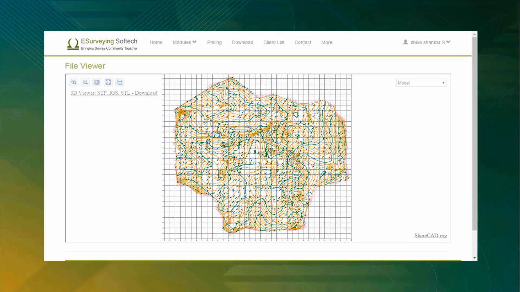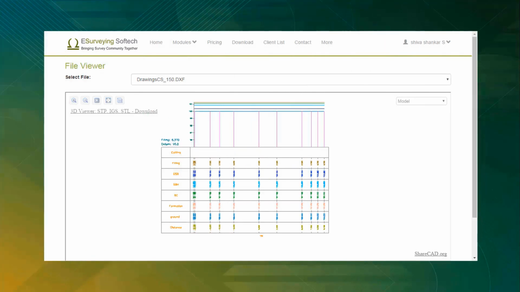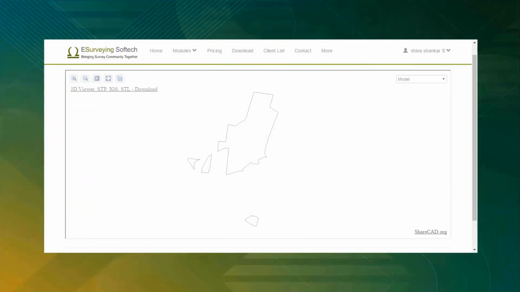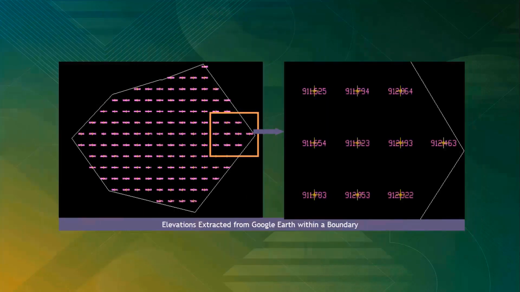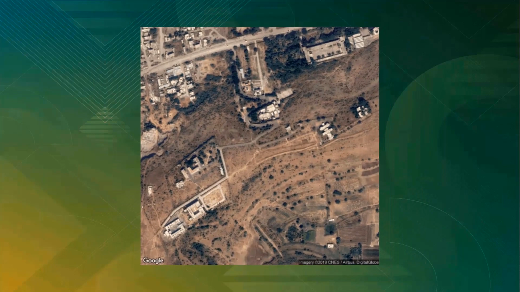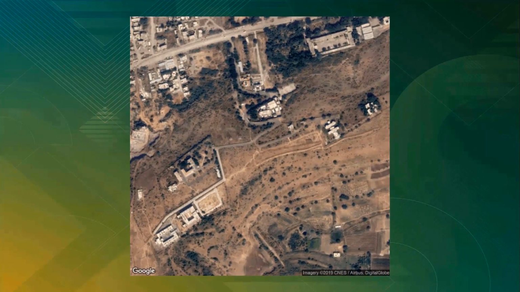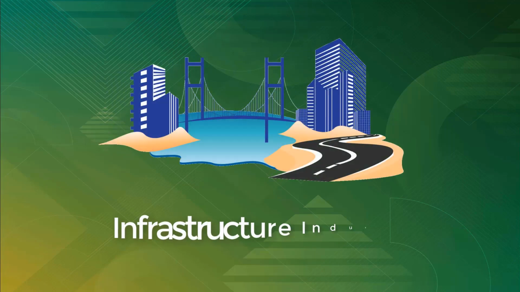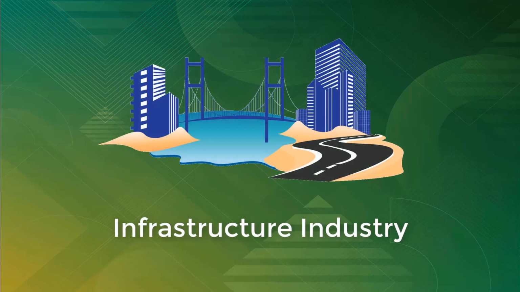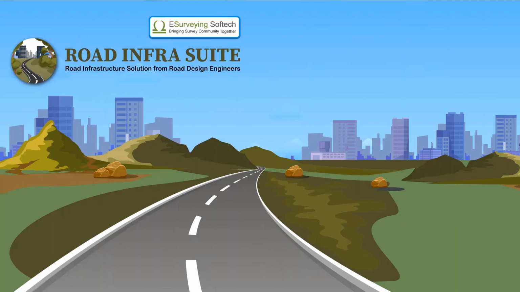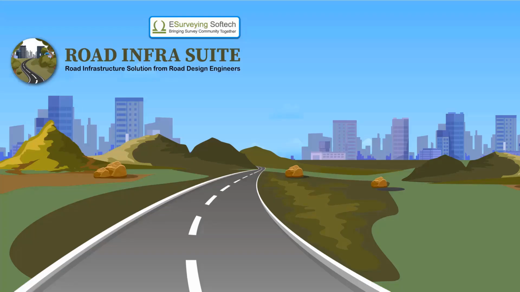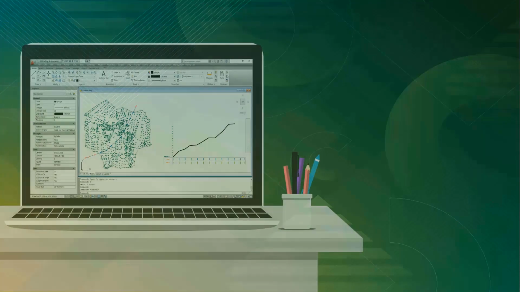You can also generate a contour map, CS and LS drawings, create earthwork reports, convert KML to drawing, download elevation from Google Earth, and download Google Earth image in your drawing file using esurveycad.com. If you are working in the infrastructure industry, please explore our software, Road Infra Suite and Water Infra Suite. Using the Road Infra Suite, you can process the data right from survey.